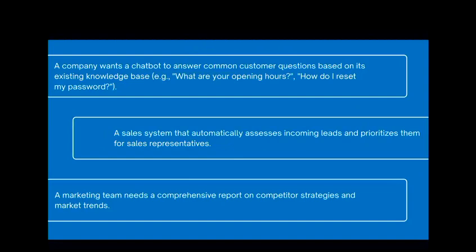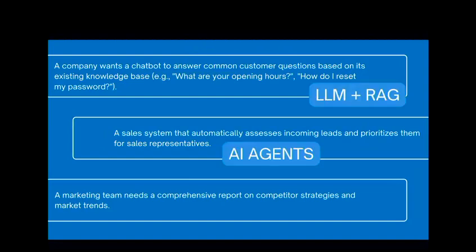Okay. So yes, you are right. For this one, we just need to use an AI agent. It's not that simple that it can only be solved using LLM or RAG, but it's also not so complicated that we need multi-agent collaboration like agentic AI. So for this use case, a single AI agent can solve it. Basically, an agent just needs to gather information from the surroundings, which is the lead data. After that, it does some analysis, makes the decision, prioritizes it, and then reroutes it to the sales rep for the action to be taken.